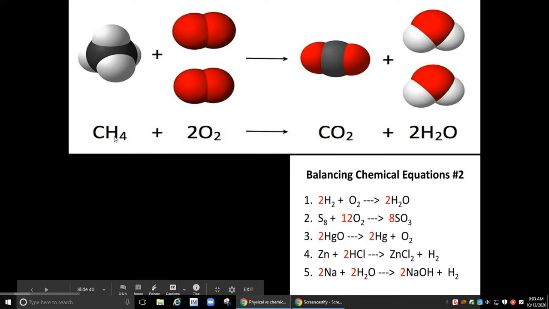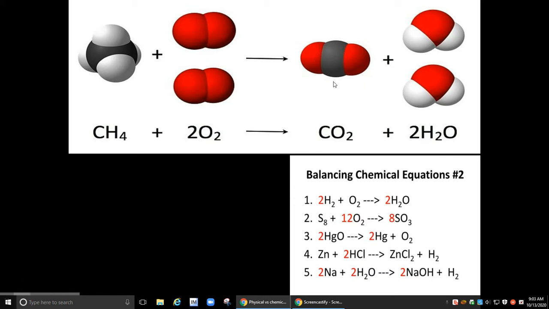If we take methane, CH4, and have it react with oxygen molecules, the substances that we get on the right side, the products, are atomically different. They're the same numbers of atoms on the left as there are on the right, but they have broken apart and rearranged to form brand new substances. So this is the ultimate evidence that a chemical change or chemical reaction occurred, ending with different chemicals than you started with. And here are some other examples of hydrogen and oxygen forming water, sulfur and oxygen forming a sulfate,